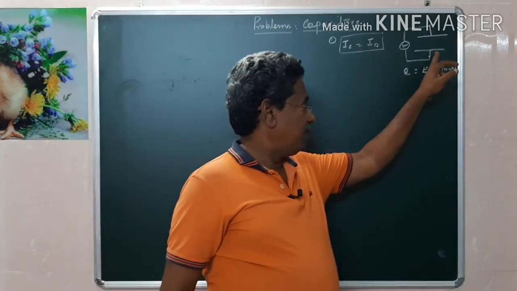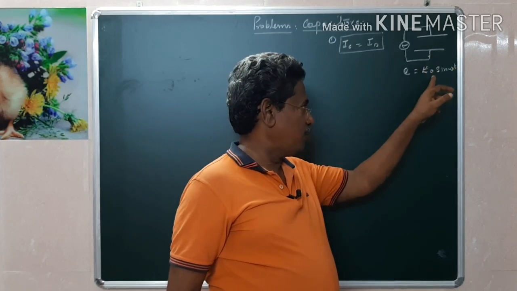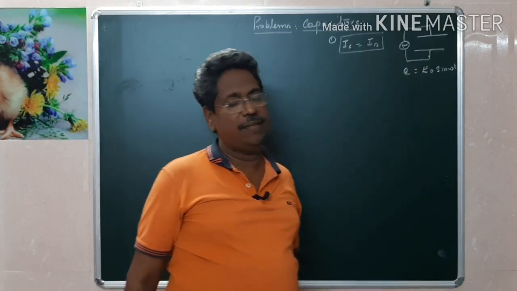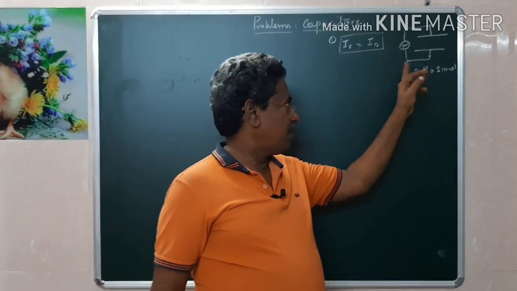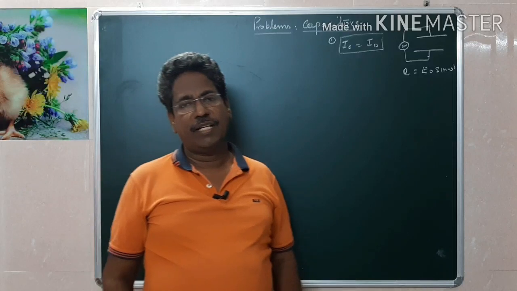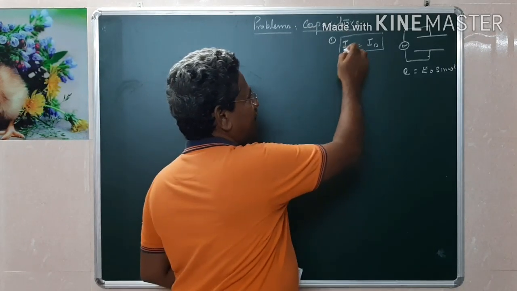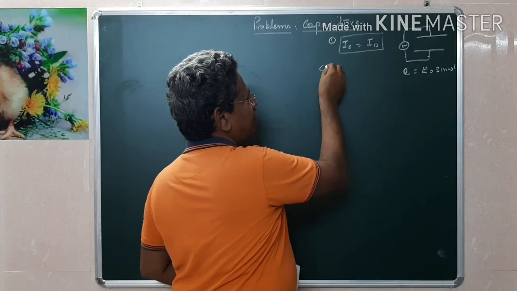Show that the current flowing through the capacitor due to charging is equal to displacement current. But here, it is supplied with the alternating source. This is a question that was asked in the Delhi question paper. Okay, we will solve. For any capacitor, we know that the charge given to the